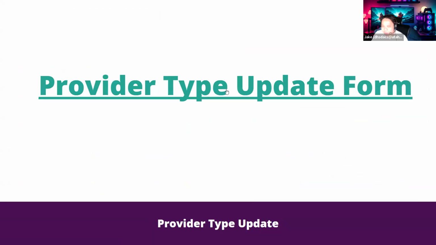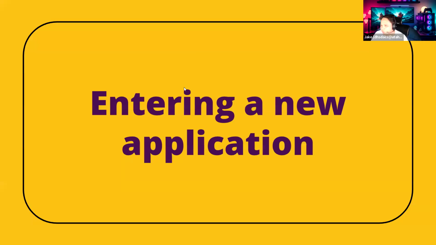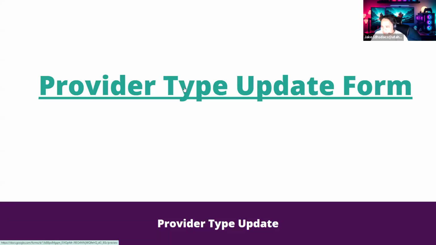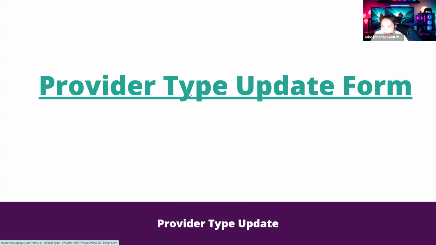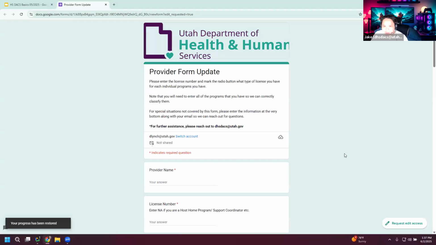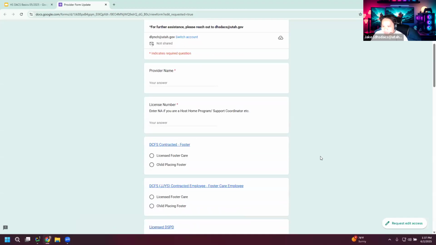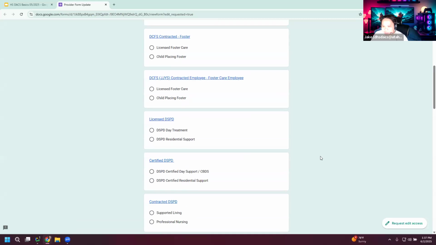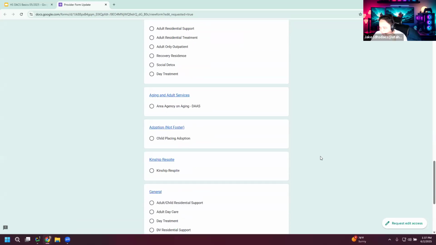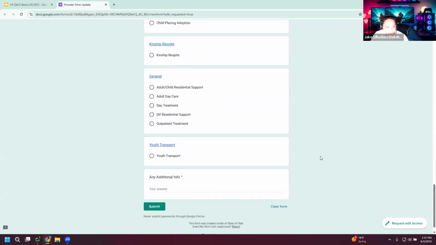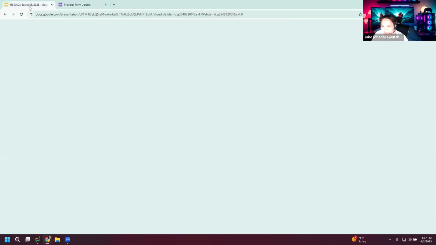After this meeting, we will be sending you a link to the update form. What it does is ask you to enter your license numbers for every location that you have. That way I can go ahead and review and combine the ones that need to be combined. And then when it's done, you will see a more simplified version of access, especially if you have multiple locations in DAX. Okay, next slide.